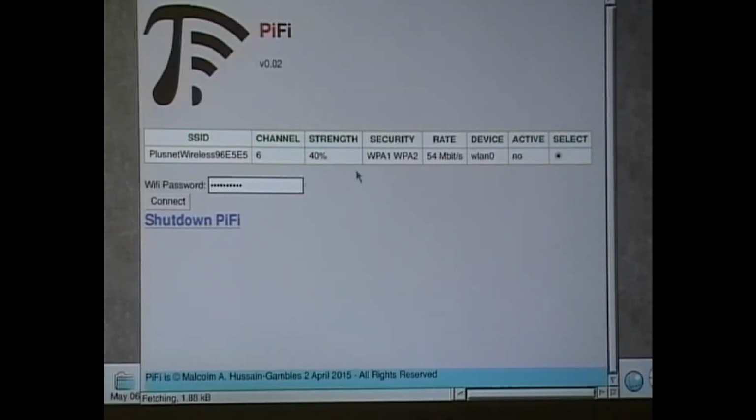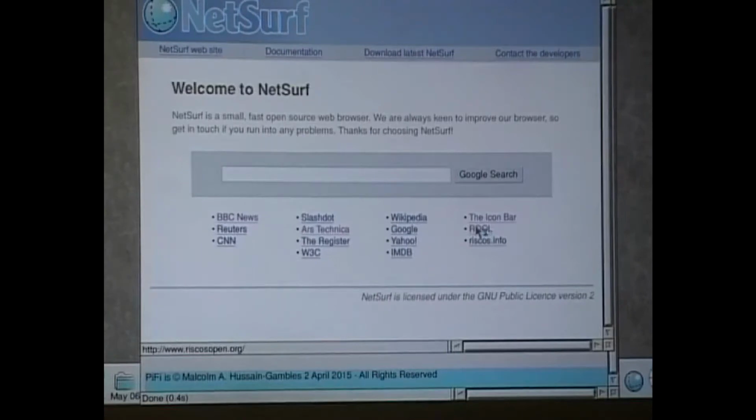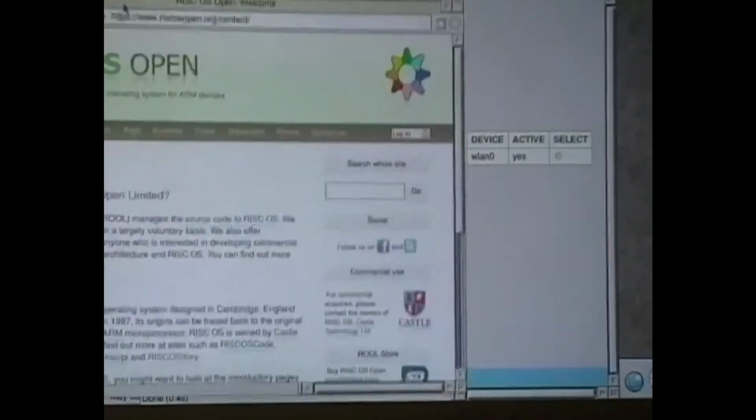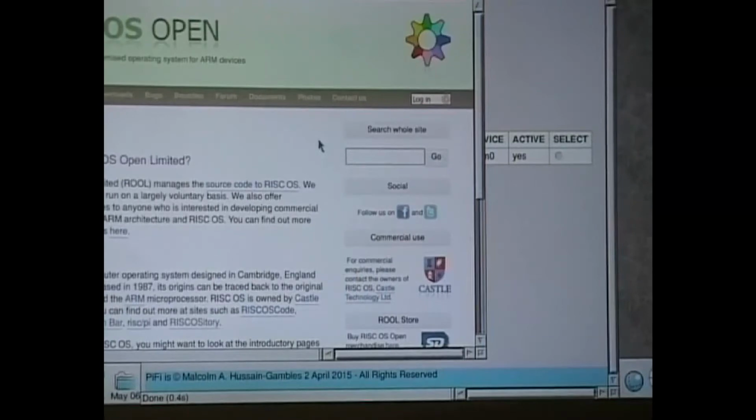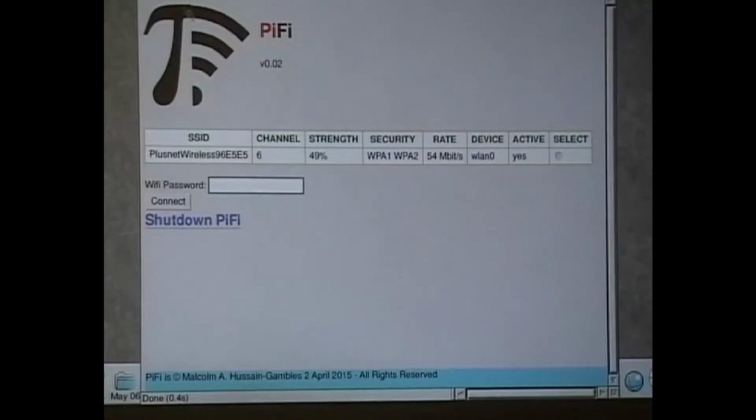It is still in early stages, 0.02. There again, it's connected. See there, and then we're on the rule page. It does seem to work with most Wi-Fi adapters. When I was testing it earlier, I did have 2 adapters in there, but it looks like with this version it only supports 1. But there's not much use for having 2 adapters on there anyway, so